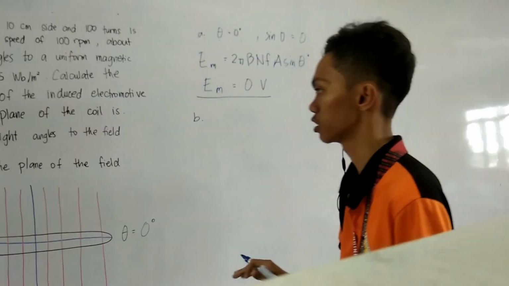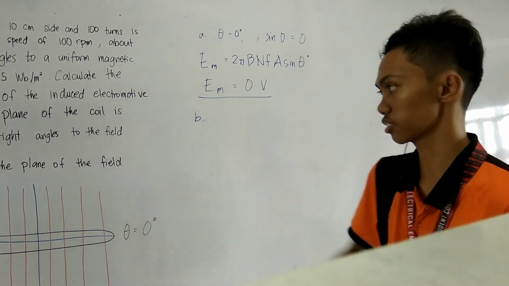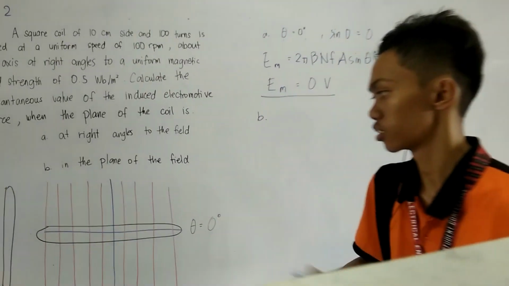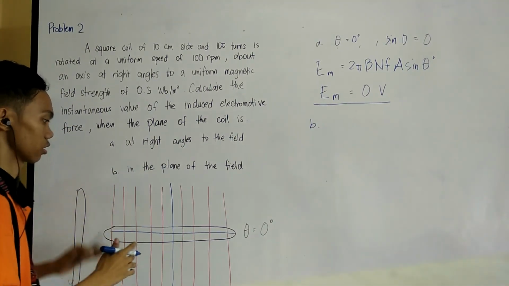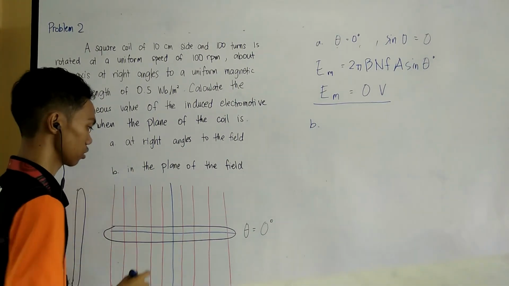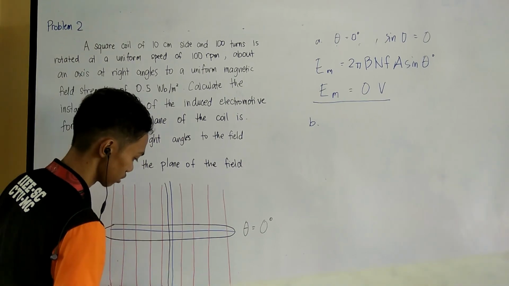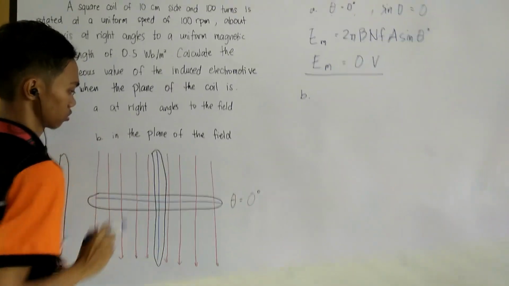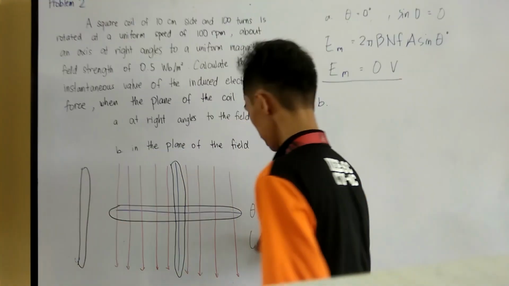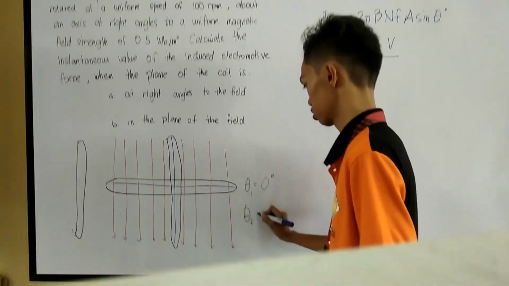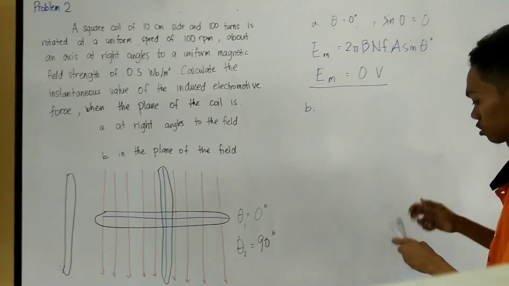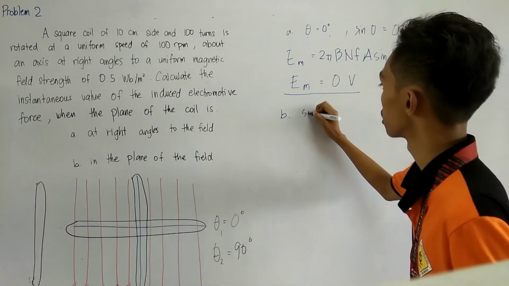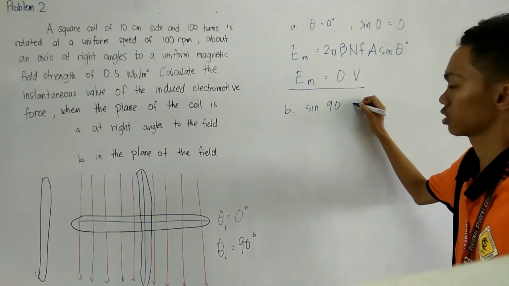So next is letter B. Now, what does in the plane of the field mean? It means that the coil is parallel to the magnetic field. So the coil forms like this. So it means that our angle will be equal to 90 degrees. Since sine 90 is equal to 1,